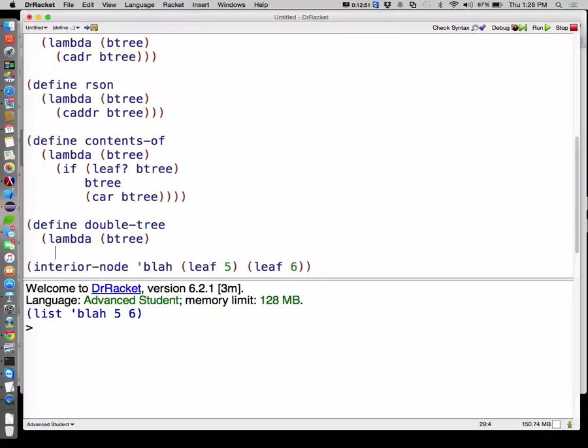Let's see. Define double tree to be a lambda that takes in a B tree. So what we're going to go through is anytime it's an interior node, we're just going to leave it alone. Well, actually, whenever it's an interior node, we're going to call double tree on that interior node. Whenever it's a leaf, we're going to double that guy. Correct? So let's start asking some questions. So we'll ask an if. So if leaf